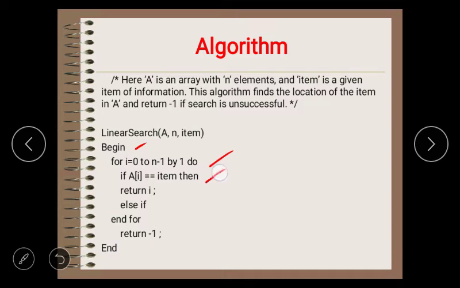That is the reason why here we are taking the if condition. In this if condition, it will compare the element with the index value. If the index element matches the searching element, it will return the index of the array. If it is not matched, it will end the for loop, and that is nothing but the search is unsuccessful. That is the reason why it will return minus 1. That means the key not found.